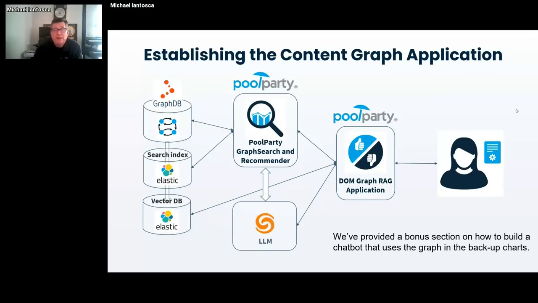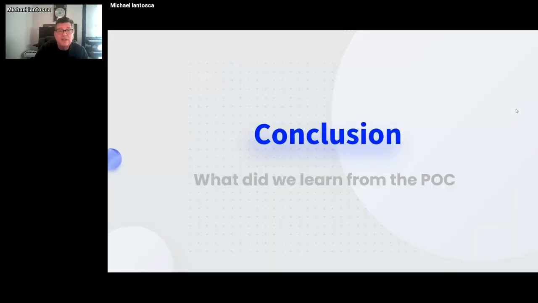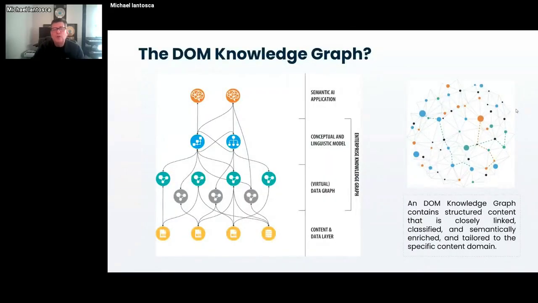So we can combine traditional vector database technology with graph technology to get the best of both worlds, especially when we have to have retrieval from both structured componentized content like topic-based models and totally unstructured content that exists in our enterprise today. So finally, what we're looking at here is combining the best of both worlds, structured content with